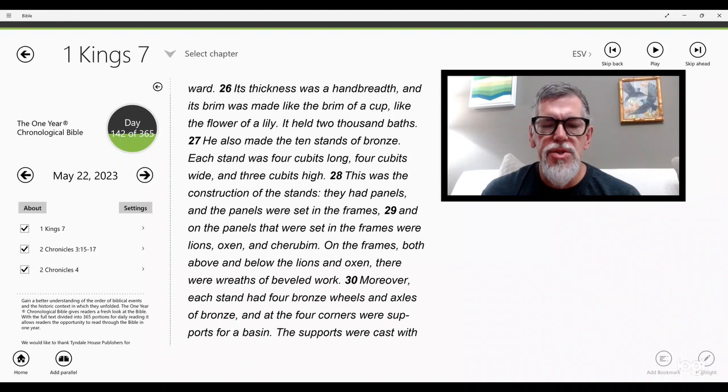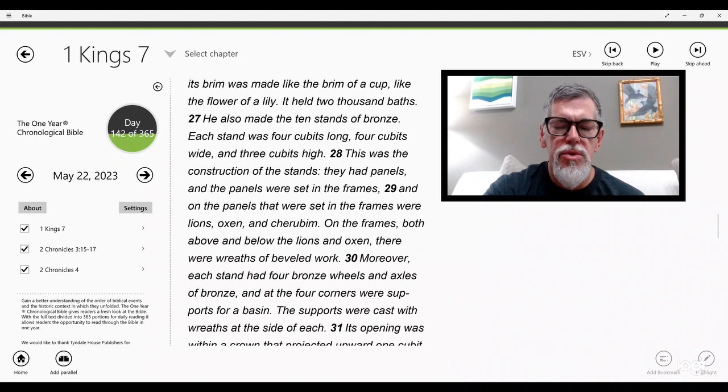This was the construction of the stands. They had panels, and the panels were set in the frames. And on the panels that were set in the frames were lions, oxen, and cherubim. On the frames, both above and below the lions and oxen, there were wreaths of beveled work. Moreover, each stand had 4 bronze wheels and axles of bronze, and at the 4 corners were supports for a